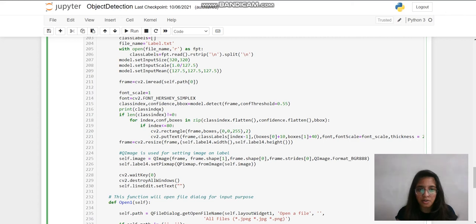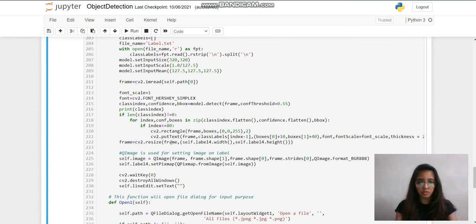For verification, I have just printed the class index value over here. If there is any object in the image, this condition will become true, and we will iterate over the three values returned by the model.detect function, and we'll draw a rectangle and put the text of that object over the image.